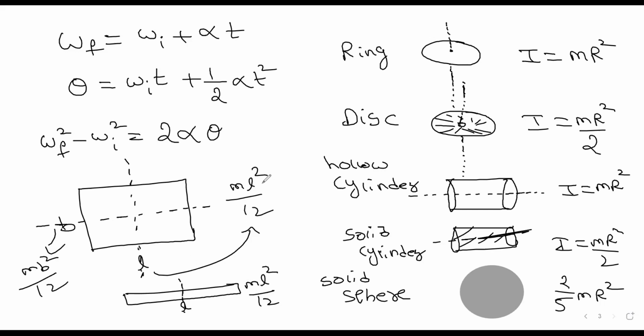Now for a triangular lamina, it lies exactly at the centroid. These are the things you need to remember. Mainly the solid sphere is important: I equals 2 by 5 mr square. Now let's go to the